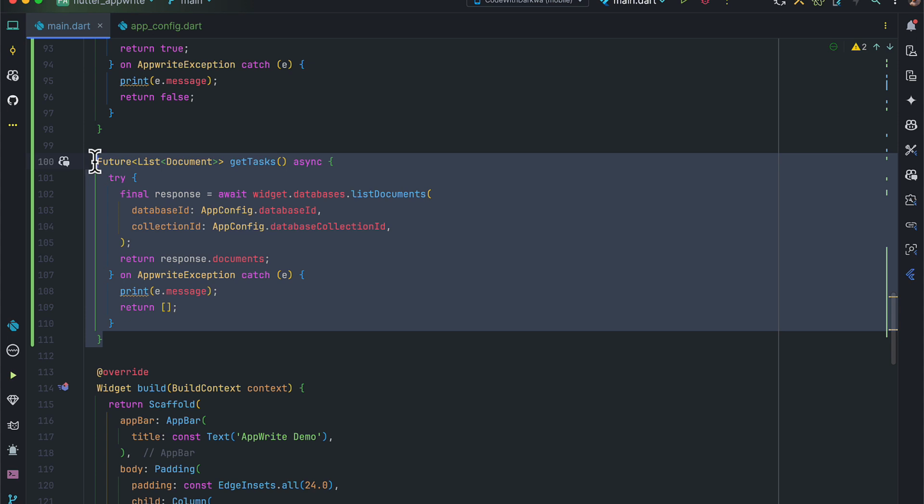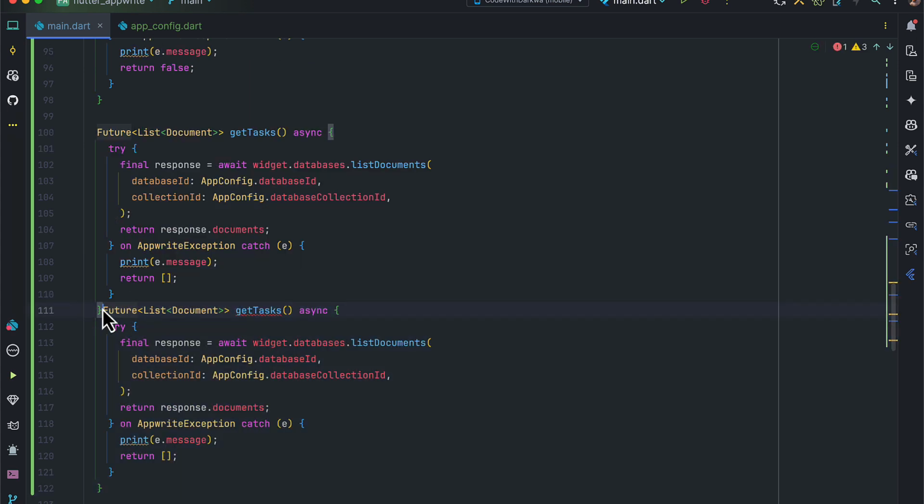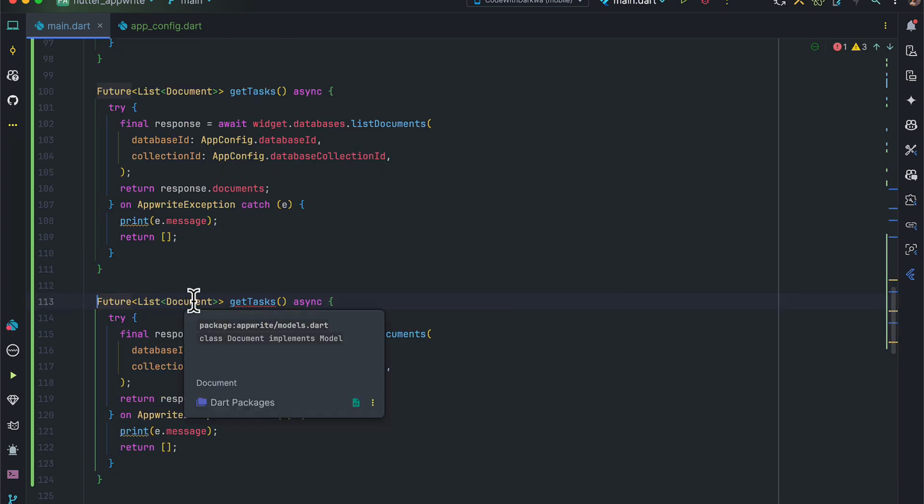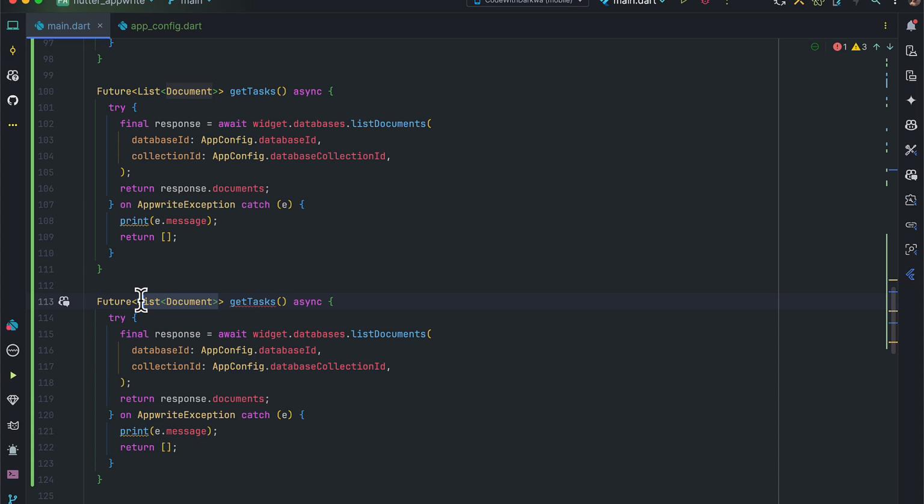So let's move on to the next functionality, which is updating a particular task. In updating a particular task, the return type is going to be a boolean, and the function name is going to change to updateTask, which is going to require the task ID and the particular field we are going to update. In our case, we are only going to update the completed field. So we take in the task ID and completed, which comes as a boolean,